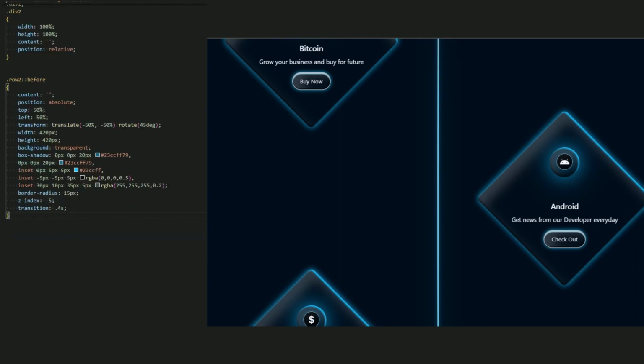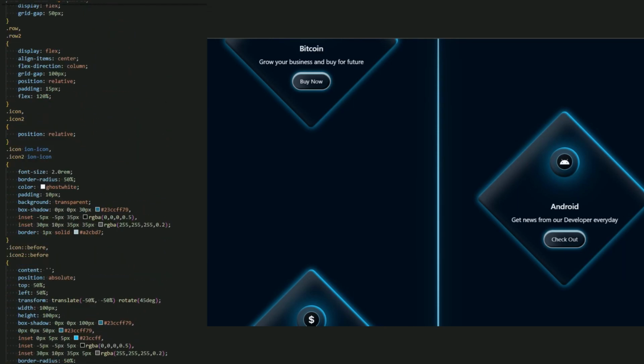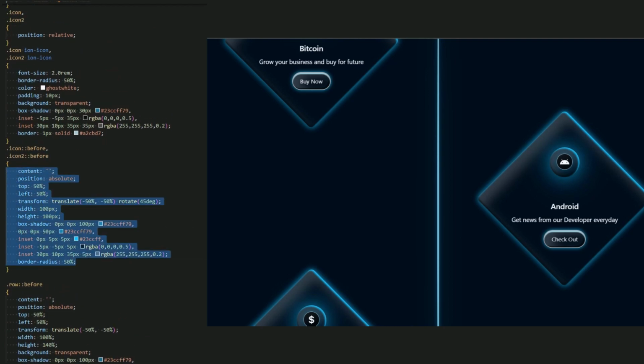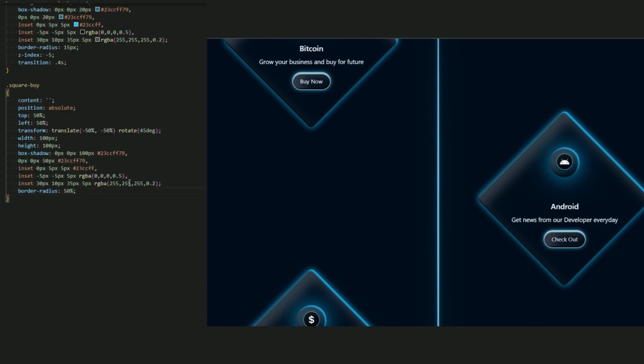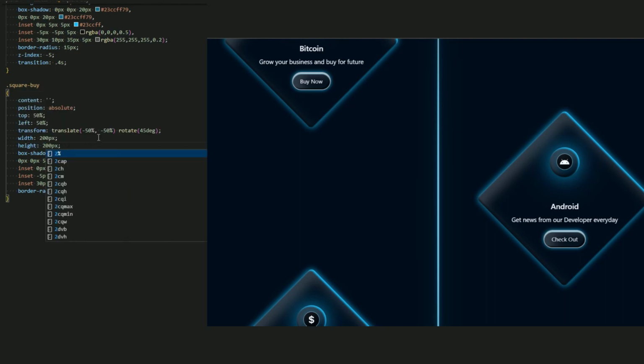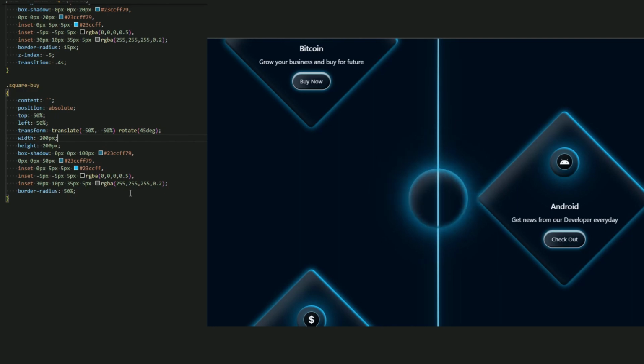And for this circle, as you can see in the center of the buy page, let's create it. Name it. I think I name it square by. Yes, I name it square by instead of circle by. Doesn't matter. Square by. And let me just copy this circle icon. Yes, icon. Let me just copy this and paste it here. Okay. Set the width 200 pixel, and this height 200 pixel. Okay, and the box should be the same. We don't need the background, and add nothing. Yes, here we go. This is a square by.